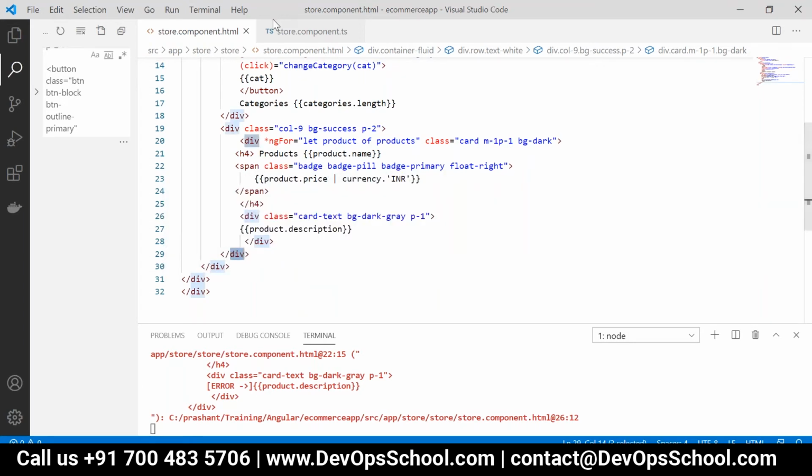It is car.txt, the CSS car.txt, and you have taken BG dark gray. Then you have taken P1, that is okay styling. Then interpolation product dot description. This is in one div only, right? Is the description spelling correct? What we have taken in the product, it should be the same.